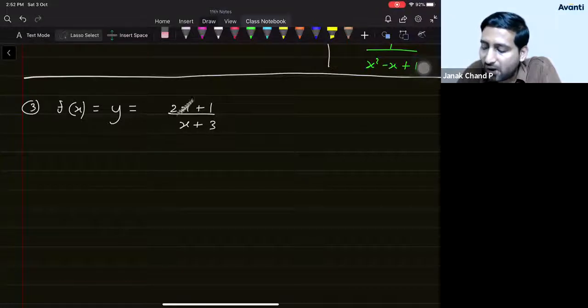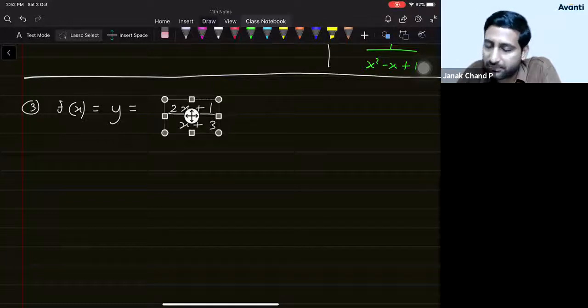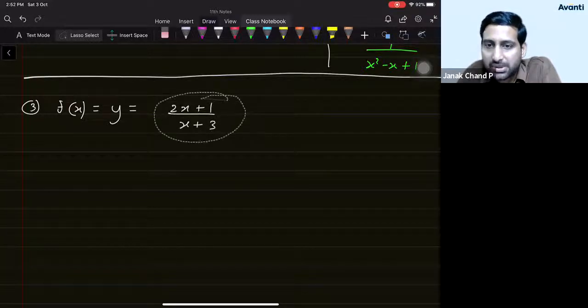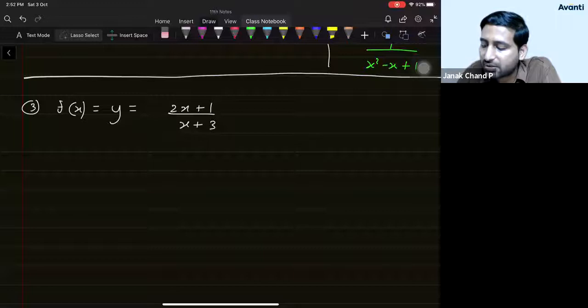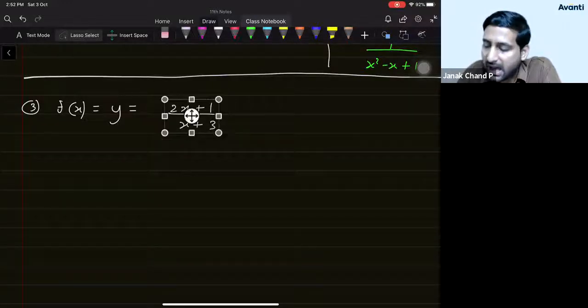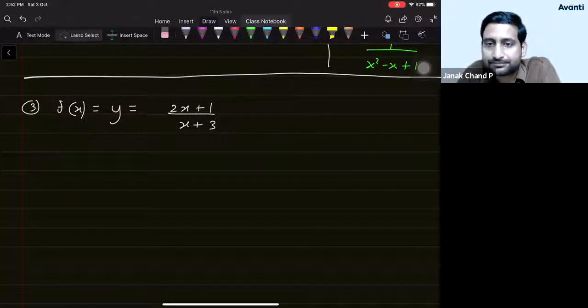Domain is the collection of all the values of x I can put here so that this whole thing is a real number. This will always be a real number, except at one condition, and that situation is when the denominator becomes 0. Now, this would become 0 only when x is -3. So other than that, the possible values of x are everything on the real number line except -3. Fine. That is basically how you will solve if the question was domain.